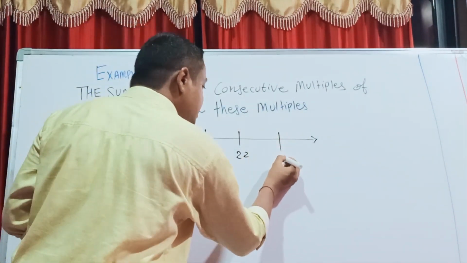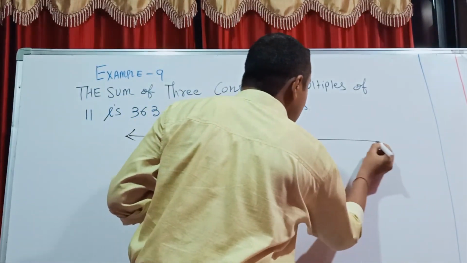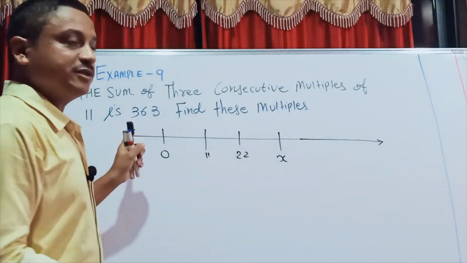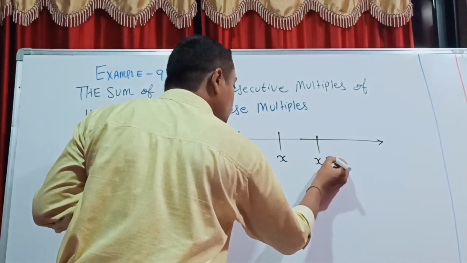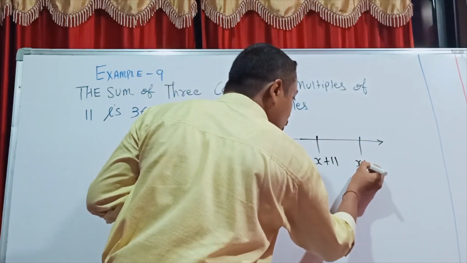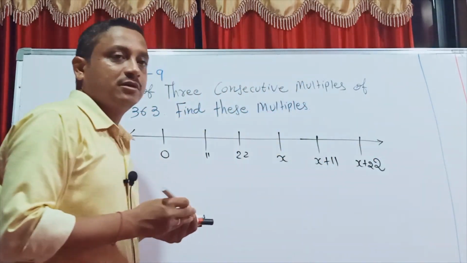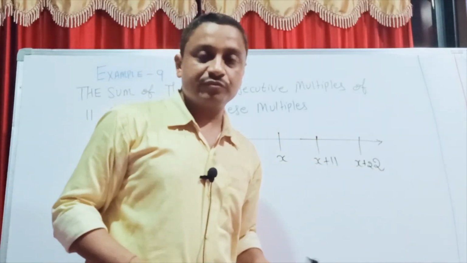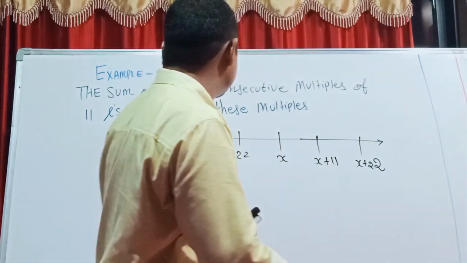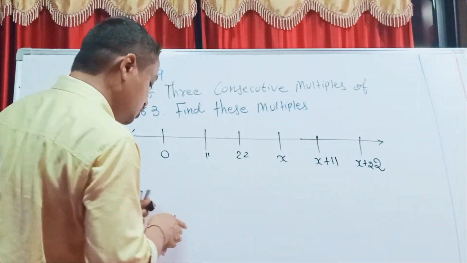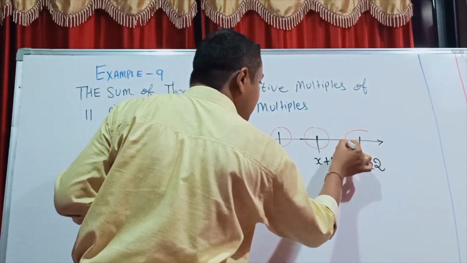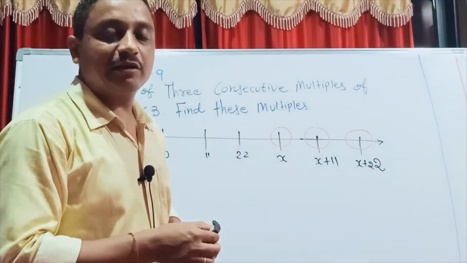So consider one number is x, I suggest, and for 3 consecutive multiples of 11, the other number is x plus 11. It means 11 ahead. Next, similarly, x plus 22. Going ahead the same way, x plus 33, x plus 44. But we assume that students here need only 3 consecutive numbers. So these numbers I assume as x, x plus 11 and x plus 22.